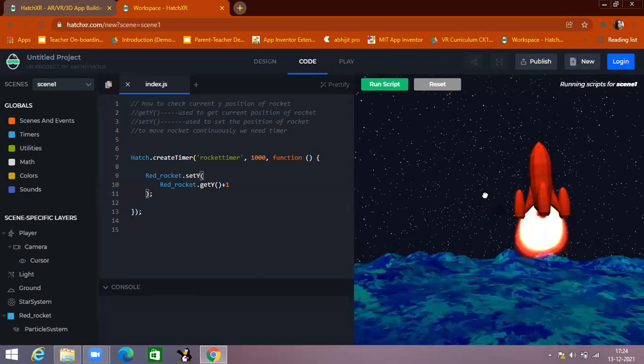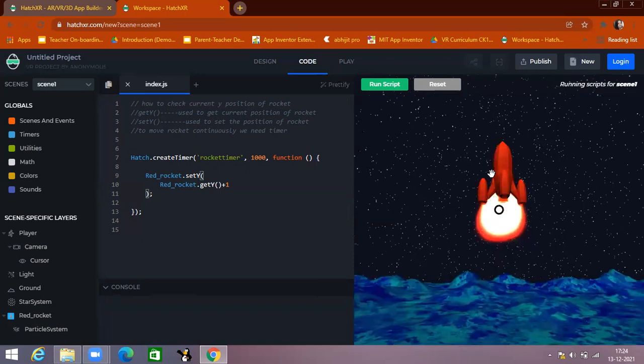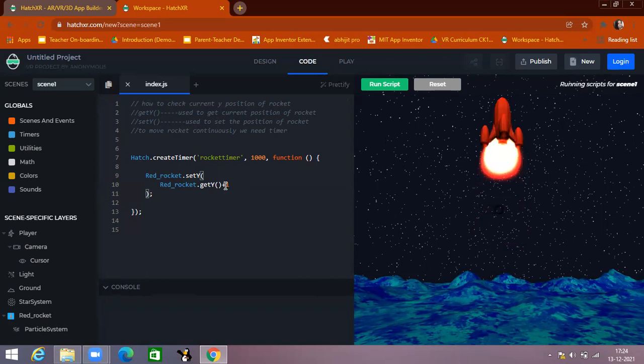I can see the rocket is going up, but it is not giving me smooth behavior. It looks like it is taking steps. So I'm going to make some changes, like making it 0.1. Let's see what is happening.